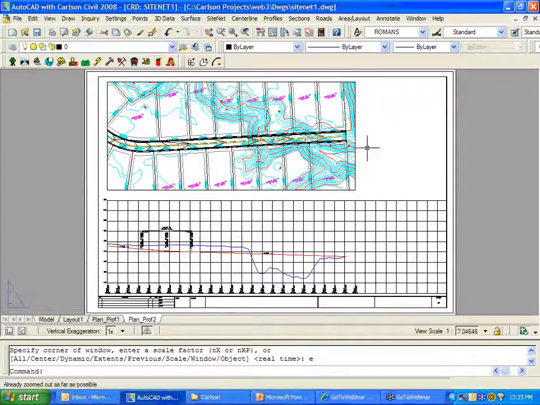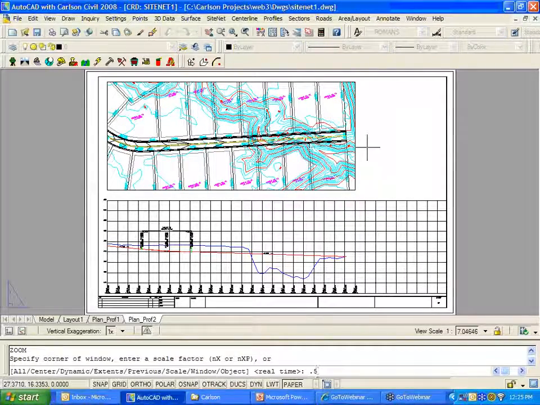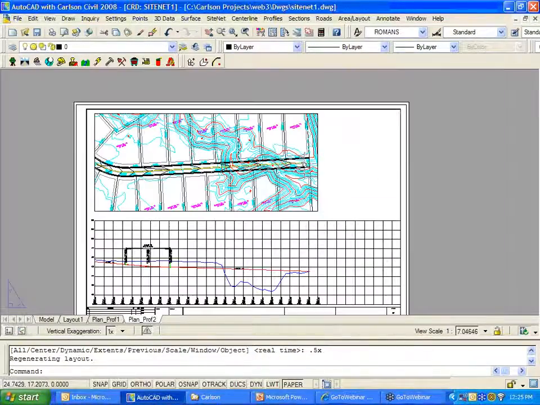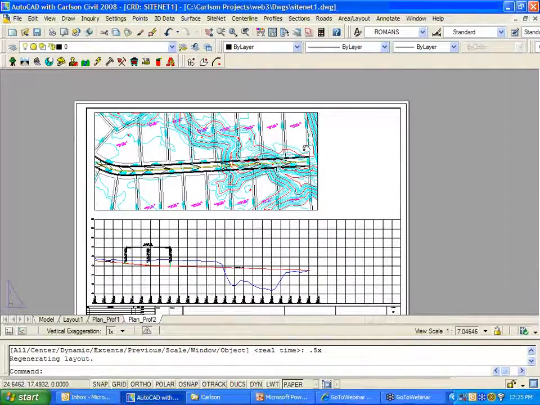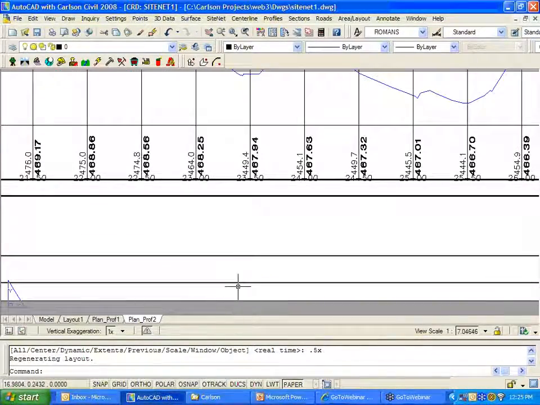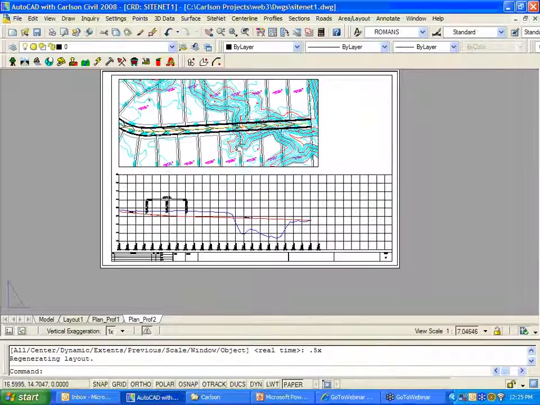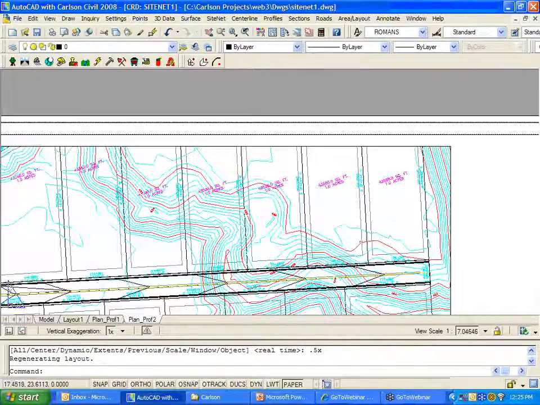At the bottom, here's that gap from the border out to the paper, and up at the top, from the border up to